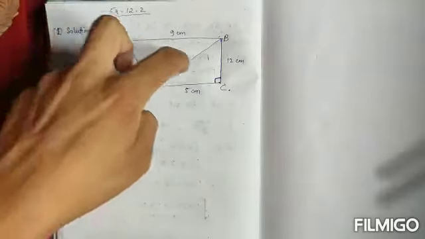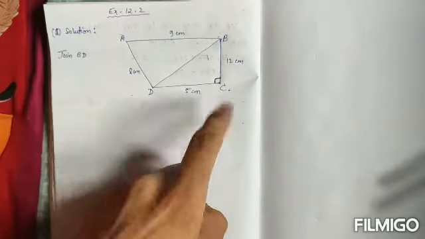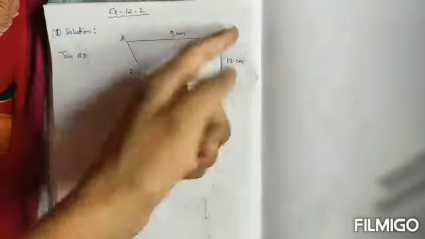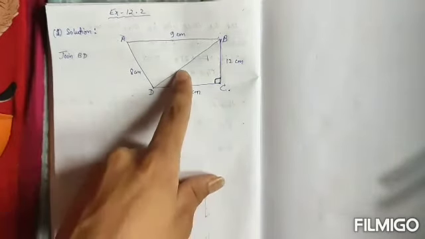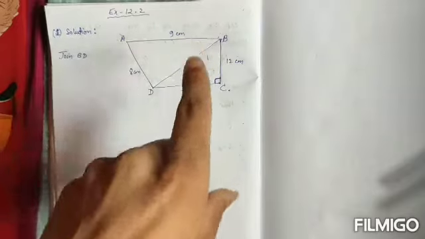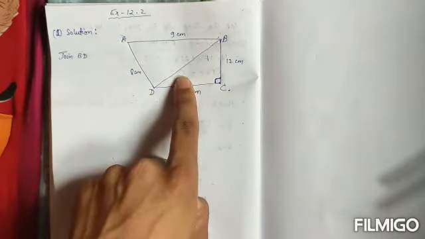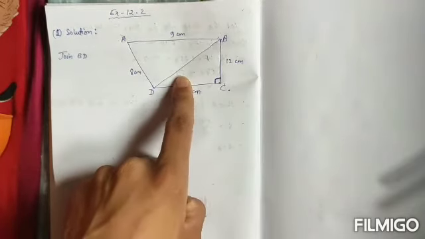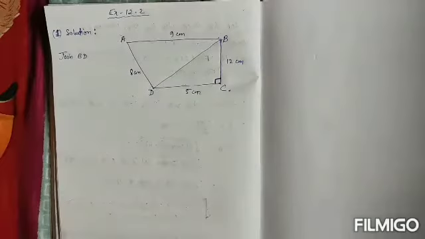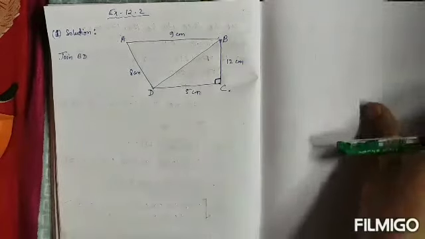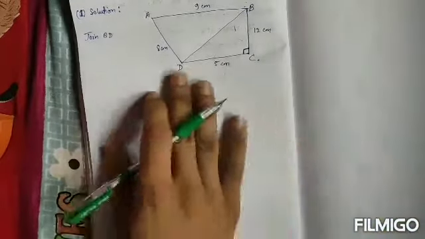Because if I draw AC, then this 90 degree will be bisected, but if I draw BD, then this 90 degree will be there, so that it will be easy for us to find BD. Why? How? We can find BD using Pythagoras theorem, isn't it? Which says hypotenuse square equals to perpendicular square plus base square. And as you already know, Pythagoras theorem can be used only for right angled triangle. Okay, that's why. So let us find